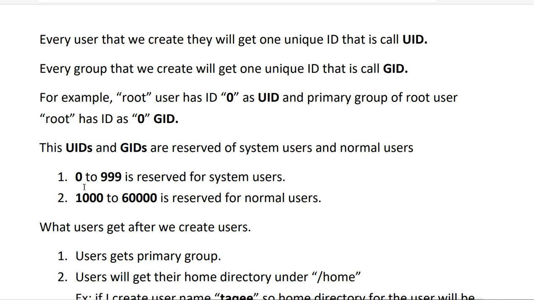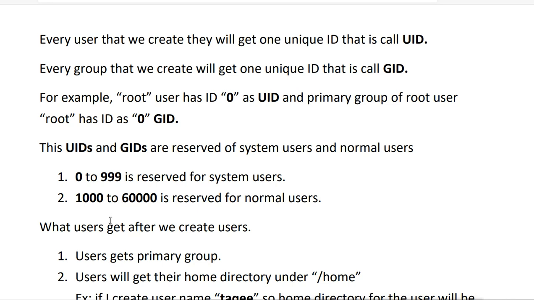For system users, 0 to 999 is reserved. When we create a normal user, it gets a UID from 1000 and the primary group gets a GID from 1000, and they can go up to 60,000. The 60,000 is the limit for our Linux RHEL system, but practically it can go higher than 60,000.